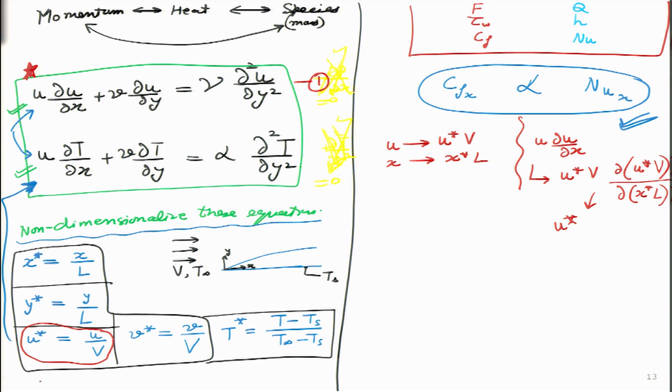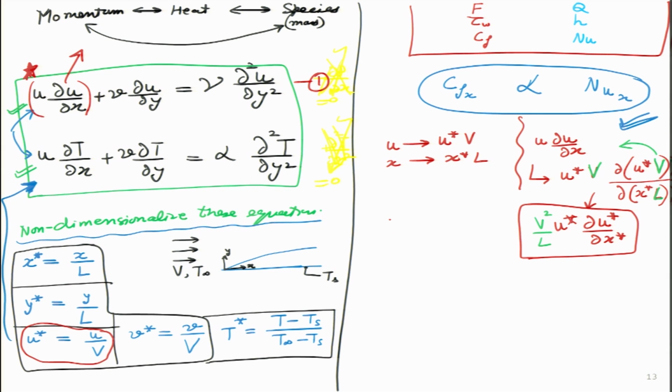then all these are constants. So, let me show the constants in green color over here. So, capital V is actually constant, and L is a constant. So, all constants I can club together and I will say it becomes V square by L. I can take them outside the bracket, right? Constants I can take outside the differential sign. And what I get is del u star by del x star. Okay. So, this is how I have non-dimensionalized the first term. I am going slowly just to explain to the students. So, this first term, u del u by del x, becomes this particular expression over here.